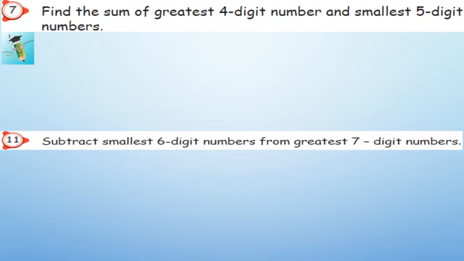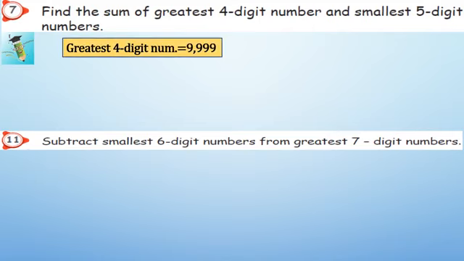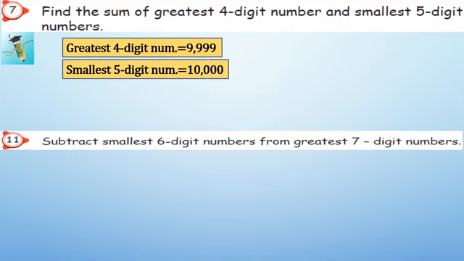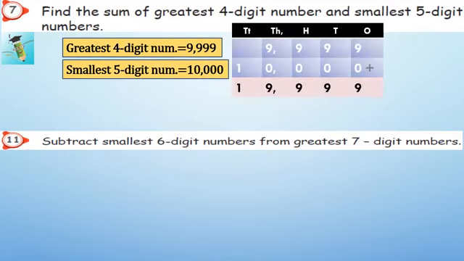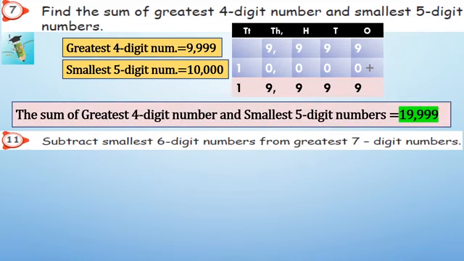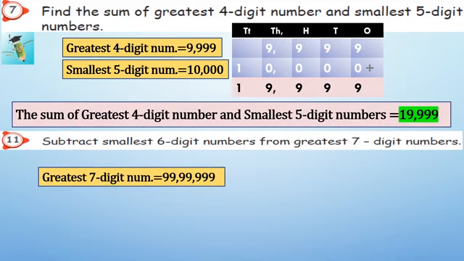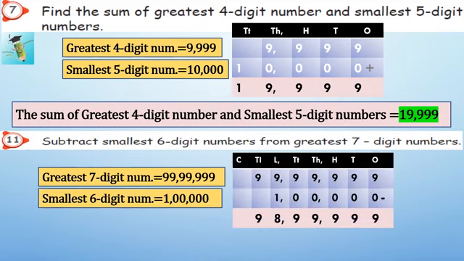Find the sum of the greatest 4-digit number and smallest 5-digit number, which I taught you already in the past video itself, isn't it? So the greatest 4-digit number is 9,999 and the smallest 5-digit number is 10,000. Okay. So I just give the sheet. Here they have asked only the sum. Find the sum. Sum means you have to add. So this is the answer. Just watch it. Then the 11th sum also we saw in the past video itself. The same answer will come.